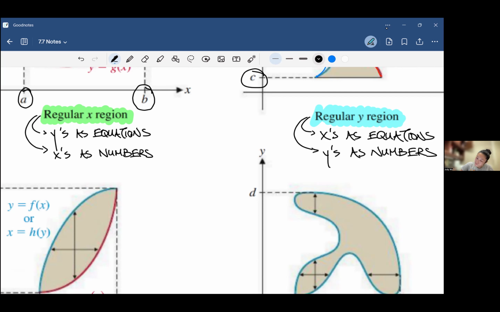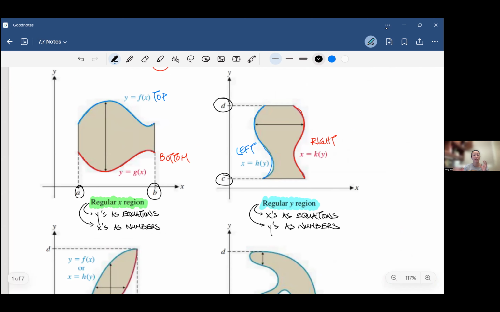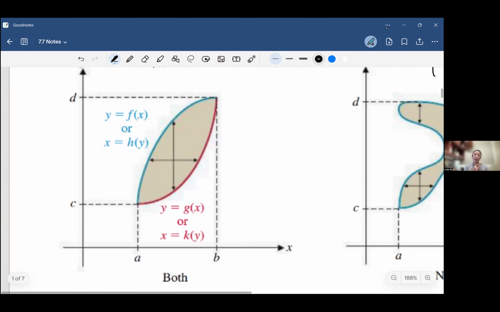All right. And if you forget as we're going through the lesson, you can always come back and look at this picture. I think it's a really good one to see a top and bottom or a right and left. Okay. Now, there are some that can be both. Like this picture right here, we could see it as the blue curve is on top and the red curve is on the bottom. Or we could see it as the red curve is on the right and the blue curve is on the left. Okay,